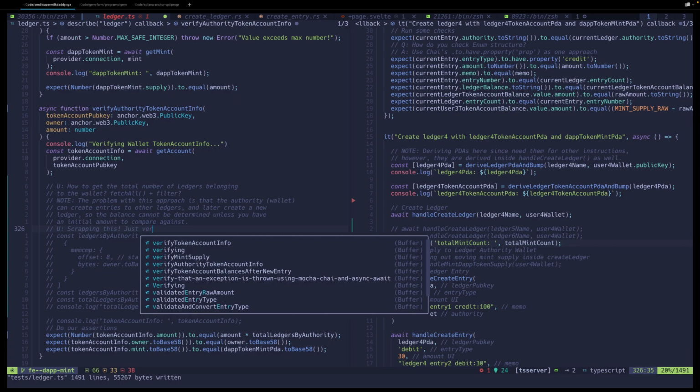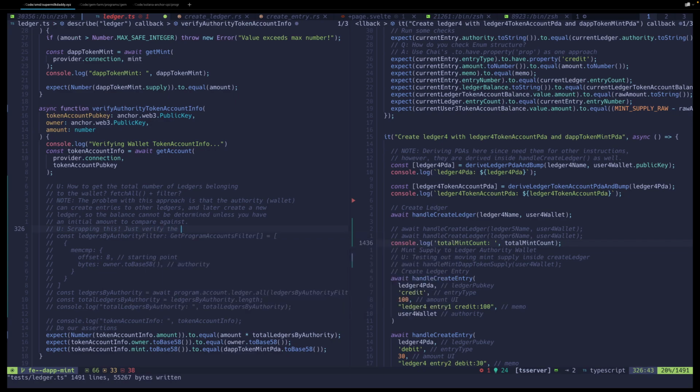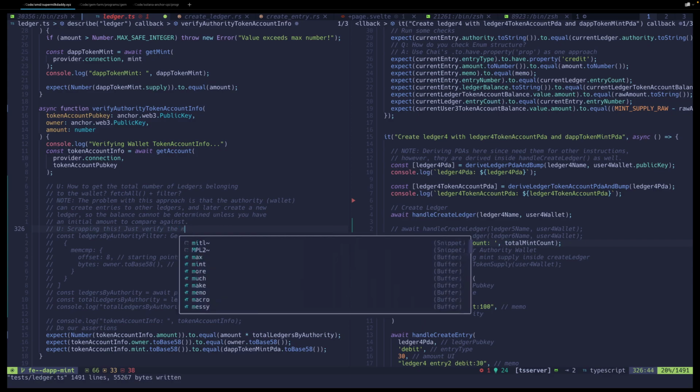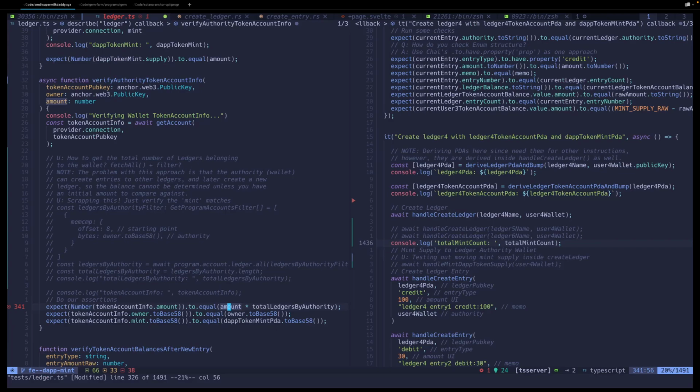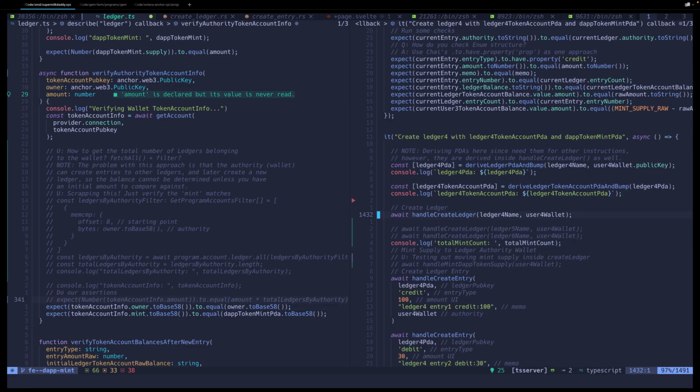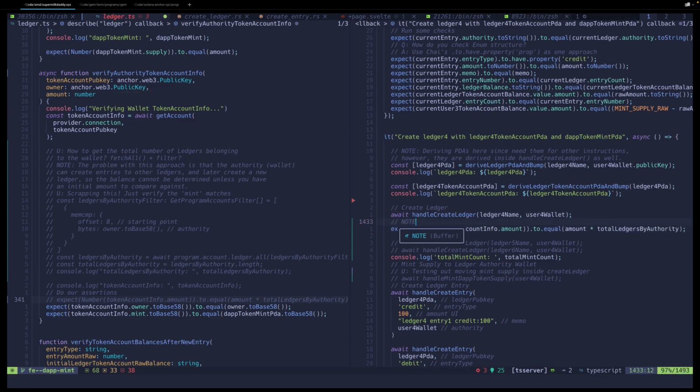And just going to verify the mint matches, and that's about it. I'm not going to bother with this amount, keeping track of the amount. Again, for what I've said, it's kind of hard to do. Now I could use this, like I said, anytime in my test, if I create a new ledger, note,